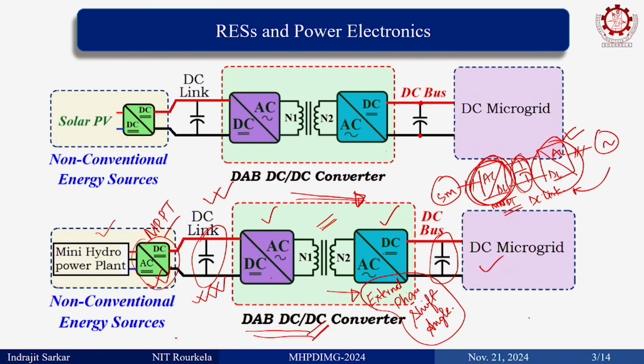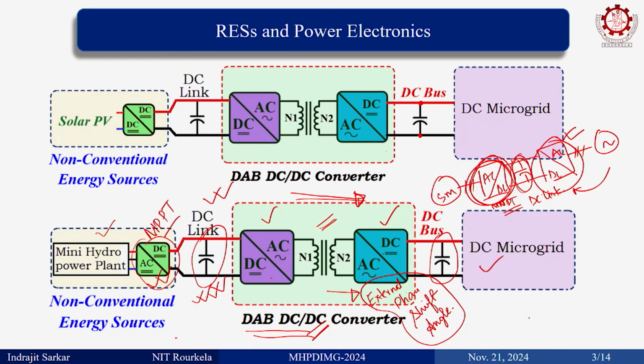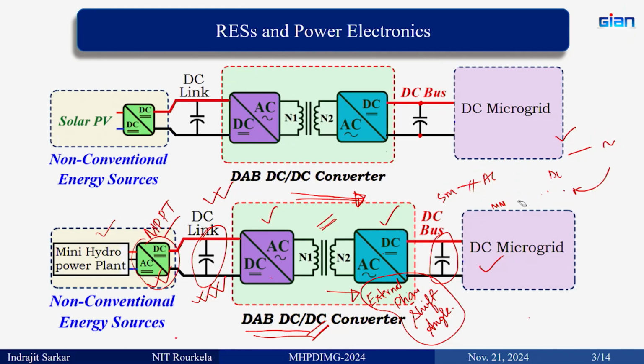As I already explained yesterday, when it is a DC converter and it is going to maintain any DC bus voltage, it has to be bidirectional in nature, otherwise that cannot be achieved. Okay, is that clear? So, now in addition to this, let me explain another converter where you have a similar kind of DAB converter, but it is not a dual active bridge, it is a single active bridge. So, what you have here is